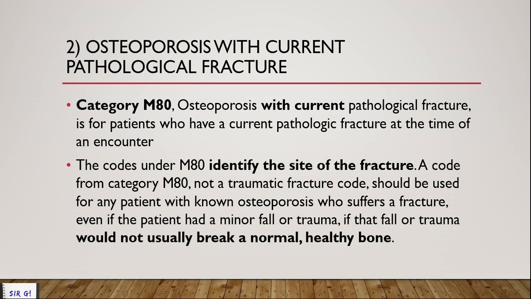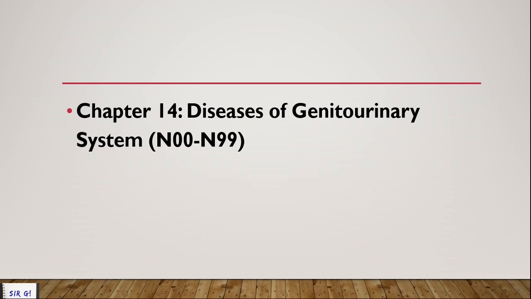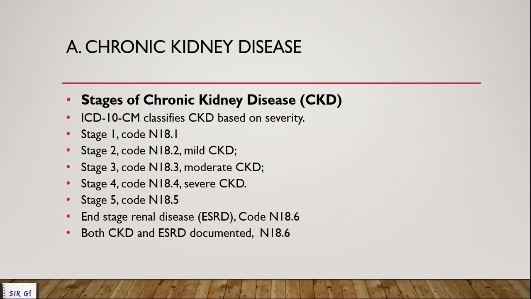Okay, that is your guideline in your chapter 13. So yes, we're done with chapter 13. Now let's move on to your chapter 14, diseases of the genitourinary system. This is a very short guideline, so I might focus more on chapter 15. Now for your chapter 14, you are just going to see the guideline about your stages of chronic kidney